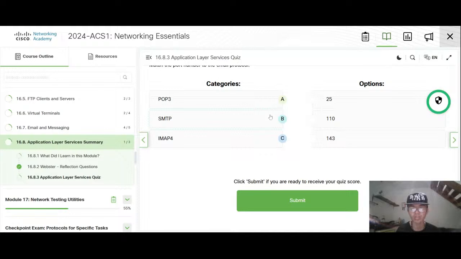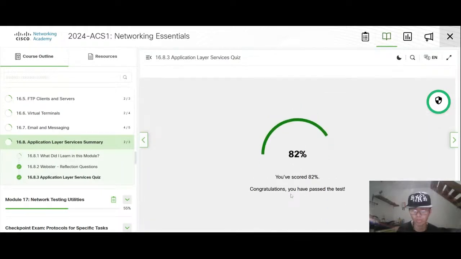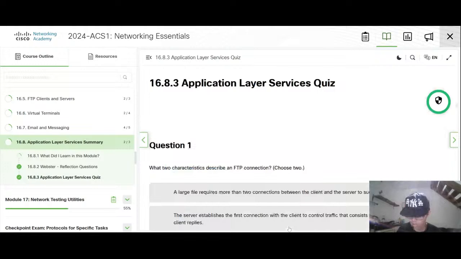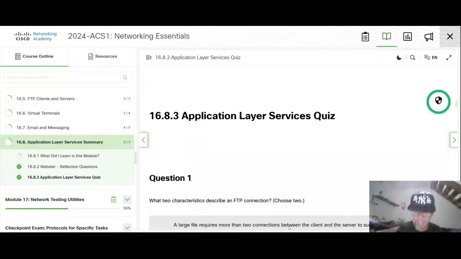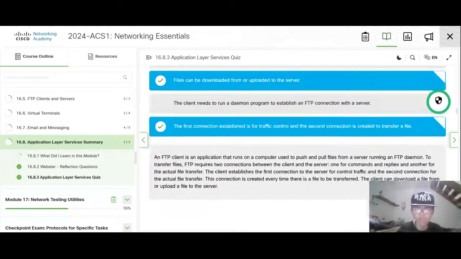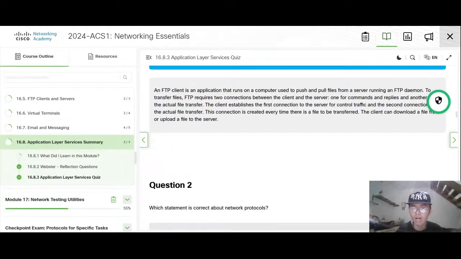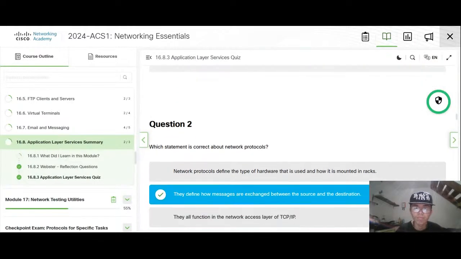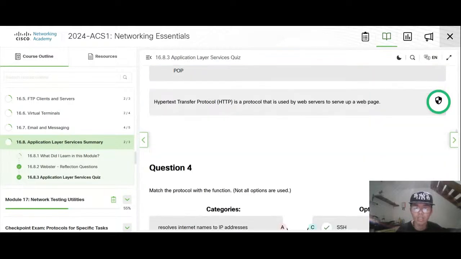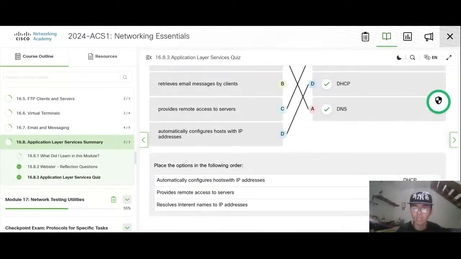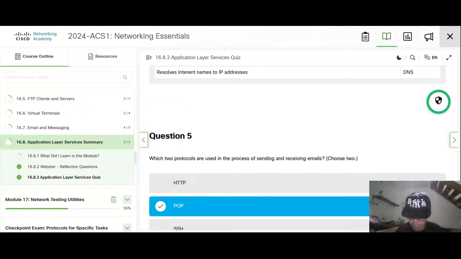Oh, I did not know this. Just try to randomly answer. Yeah, it's not really correct. 82% is okay. Well, it really just makes some sense. Oh, correct? Really? It really does make some sense.